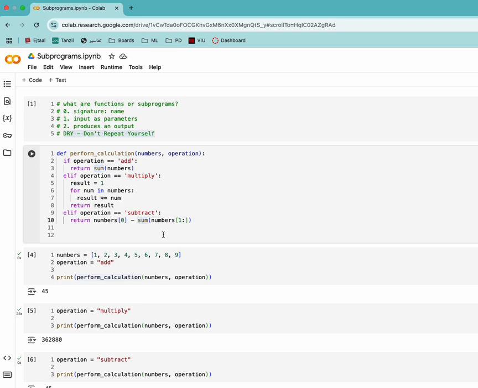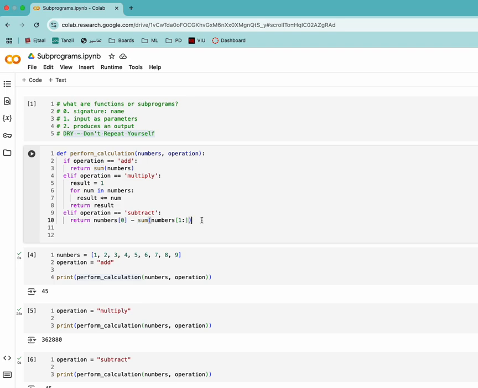Okay, if you have 10 items in the list, what it will do is take the first number and then subtract the sum of item number 1 to 10. Take the sum of that and subtract it from the first number, and that gives you basically a subtraction of all of them. If you sum them all and then subtract from the first number, that's the same as subtracting them all from each other. Okay,